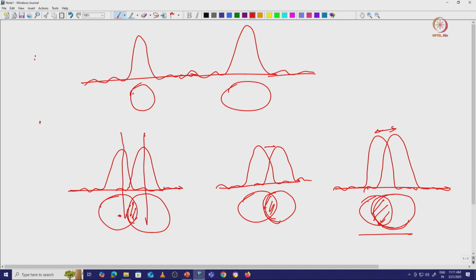If we consider the center of this disc to the center of this disc, this distance will be something like 1.22 lambda by D, where D is the diameter of the aperture. So this will be the angle theta. It will be some constant 1.22, then lambda, and then the diameter of the aperture. Here you can see this resolving power depends completely on lambda. If lambda is very big, the resolving power is not that great, but if lambda is smaller and smaller, it will really help us reach a very high resolution structure.